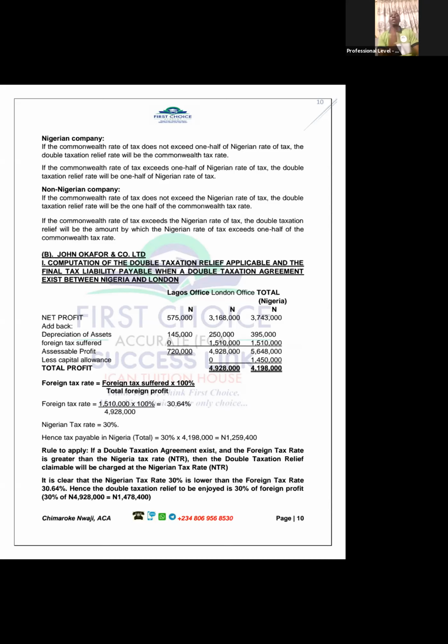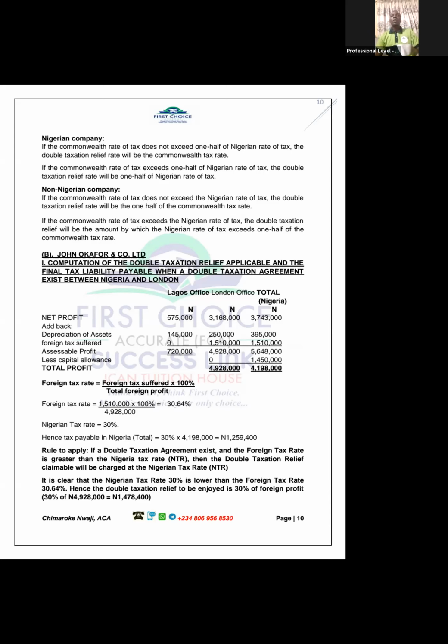Now look at capital allowance. There is nothing to put under Lagos because they didn't tell us, they didn't split how much Nigeria paid and how much London paid. So everything ends at assessable profit for Lagos. I will not go and put 1,450,000 for Lagos alone, because this 1,450,000 is not just Lagos, it is the whole assets of the companies that they give. FIRS says the capital allowance is 1,450,000. So I put it under total.